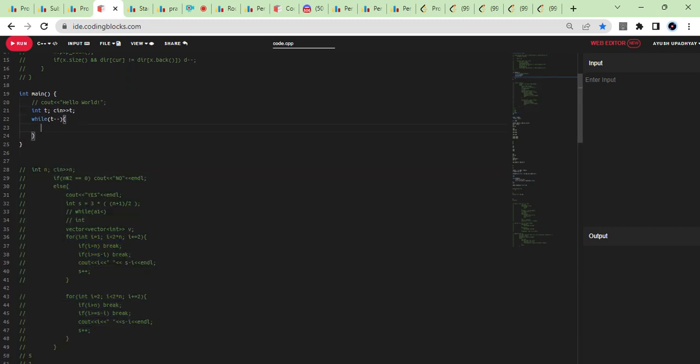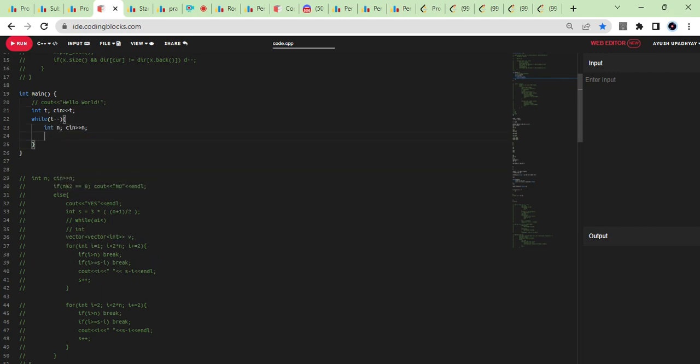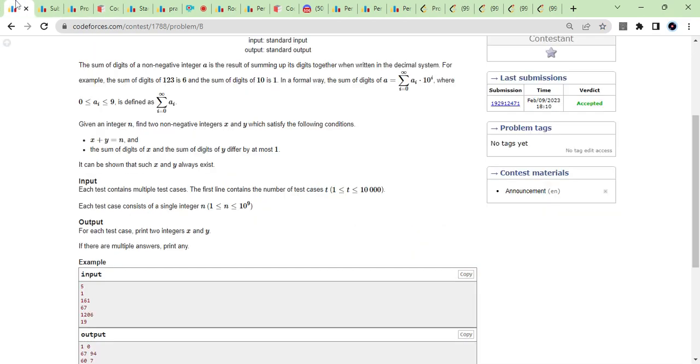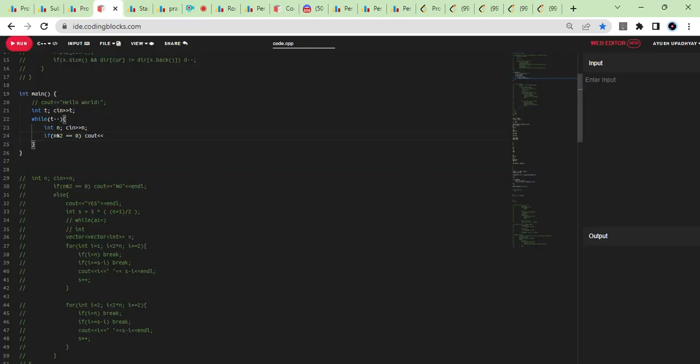So first of all, the good thing about this problem is that it's simple in terms of input. If n is even, then also it's very good. If n is equal to 0, then you just have to return. I think you have to print yes or no, or what? No, you just need to print the numbers directly. The answer is always possible, I think. Yeah, n by 2. And then if it is odd,